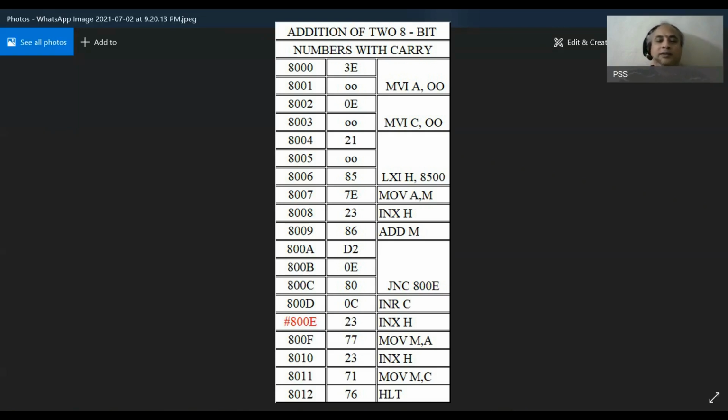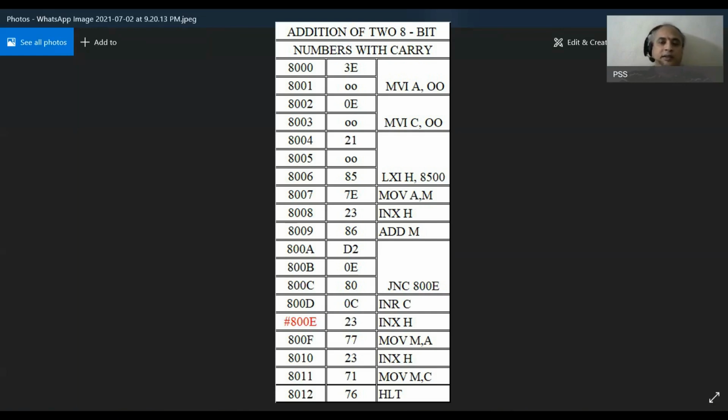The answer is that it may have a carry or it may not have a carry. Why? Because the carry depends on the numbers which you have chosen. If the numbers are such that it generates a carry, there would be a carry. If the numbers are such that it doesn't generate a carry, it will not have any carry.